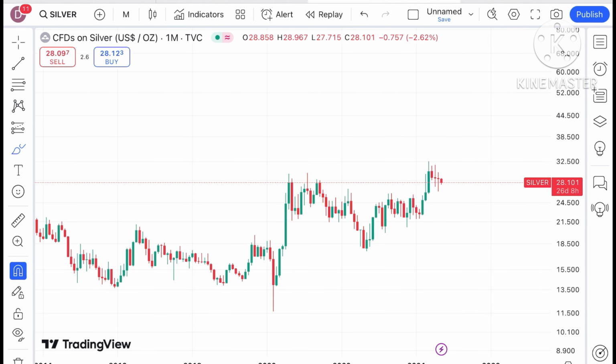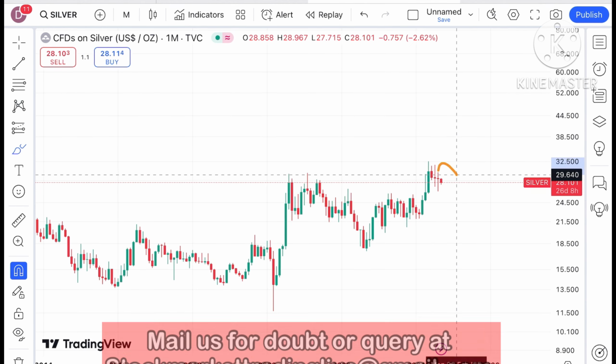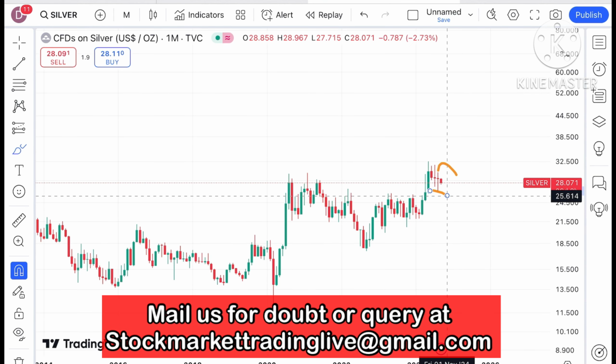See, if you look at the chart of silver, what we have seen is that silver has been continuously on the downside for 4 months. As you can see, 4 candles are forming. It has already made a high of around $32.5, and you have to understand that if the price starts going again above a level of $30, chances will be high it can cross this level because this particular pattern will form. So chances of crossing a level of around $30 we can see, and then it can move above a level of $31.5, and then it can cross this particular level.